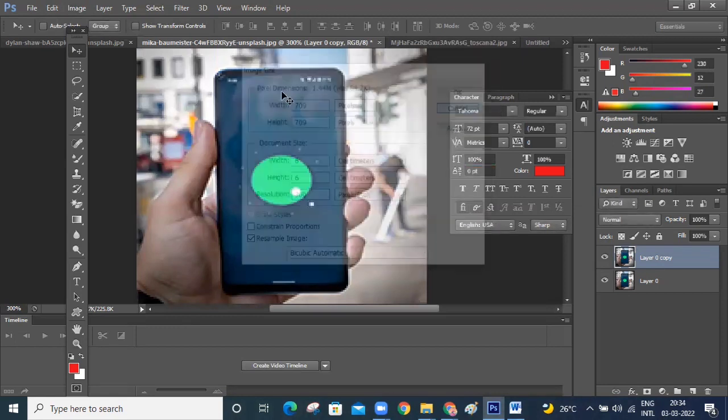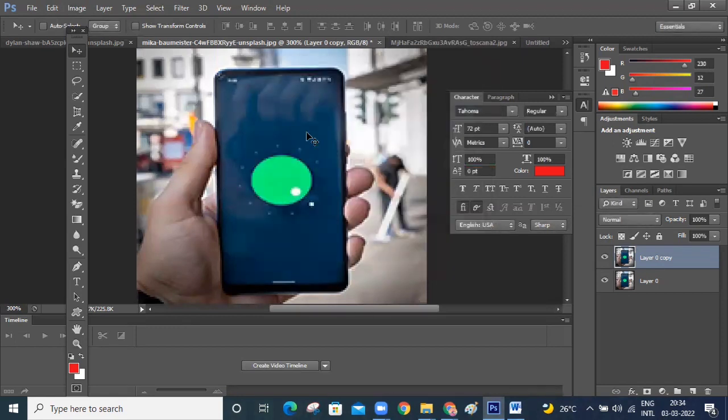That's the reason I told you to always take a duplicate image. Okay. Got it?